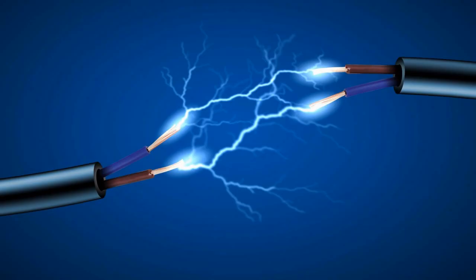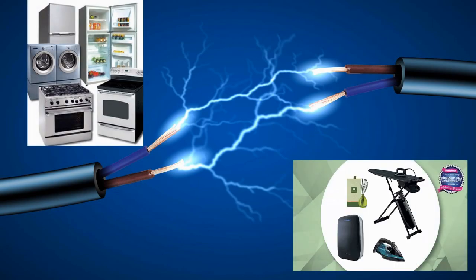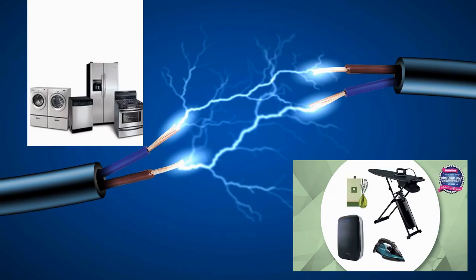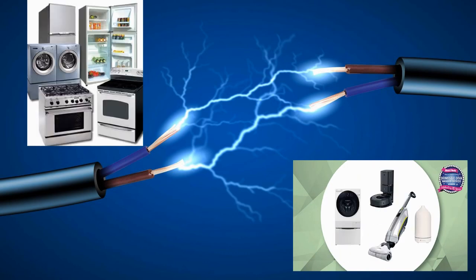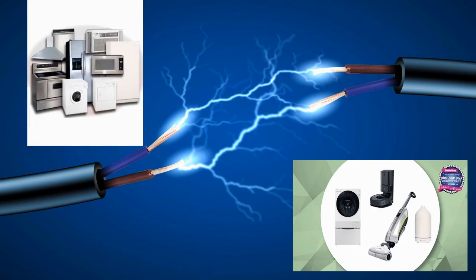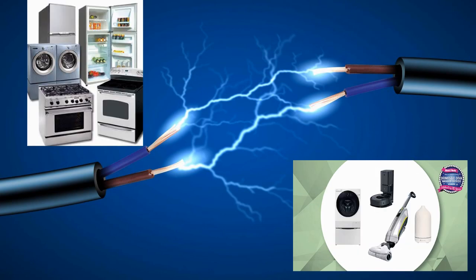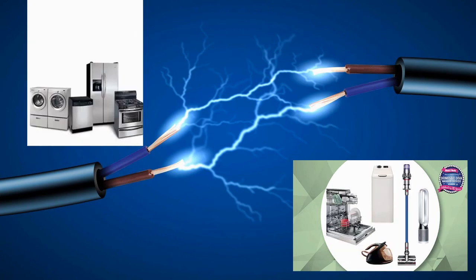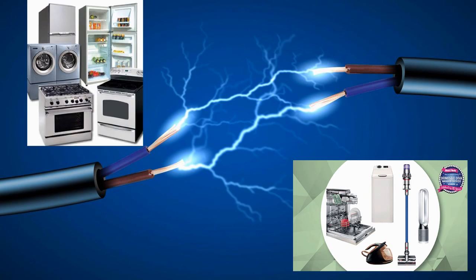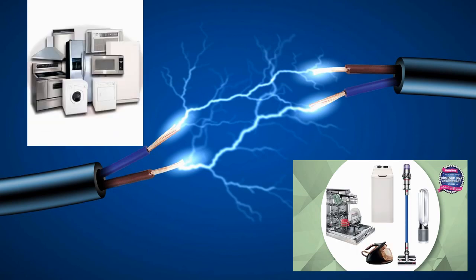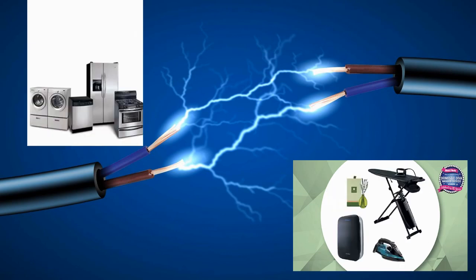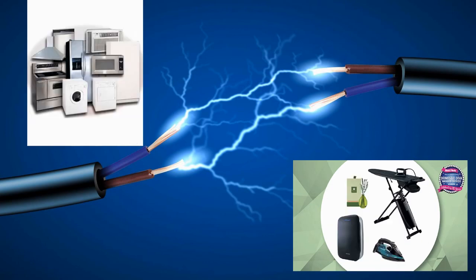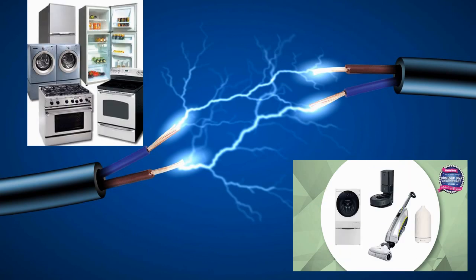On the screen, we can see two GIF images of various electrical devices and appliances. We use them every day in our lives. Our lives have become dependent on all these devices and appliances. But why do we rely on them so much? We do because these devices make our work easy and faster. But how do these devices work? These devices work with the help of electricity.